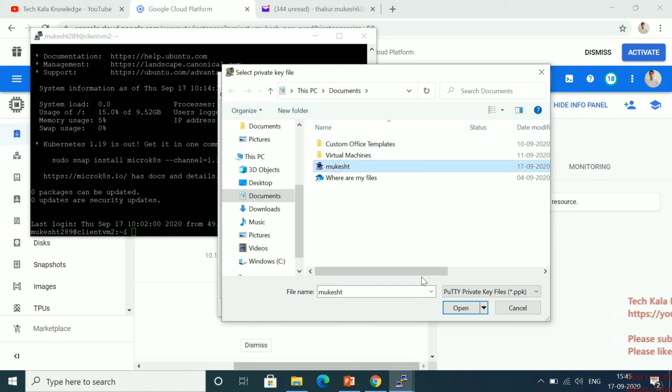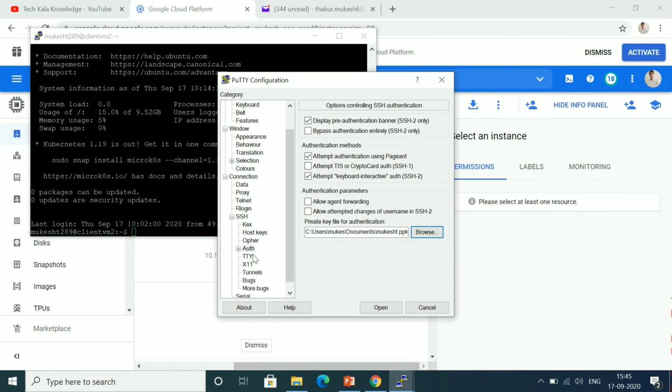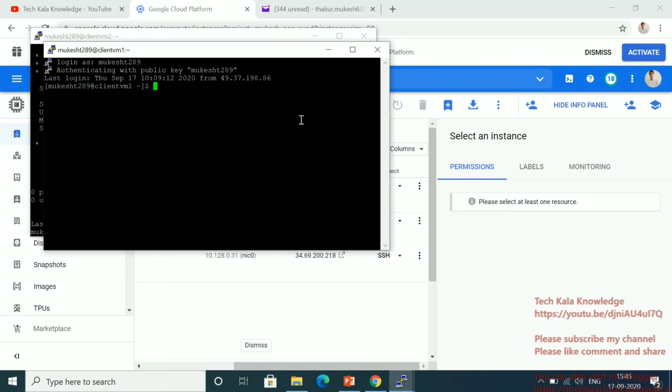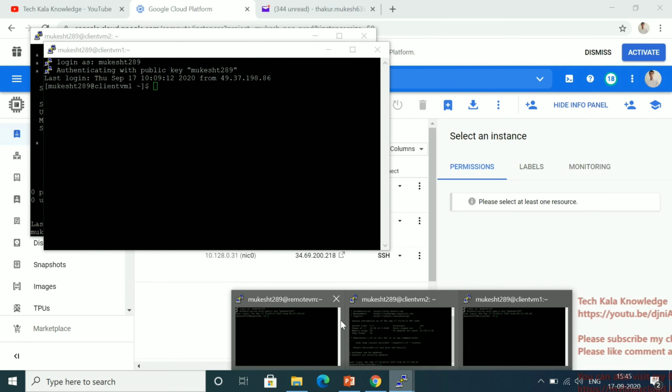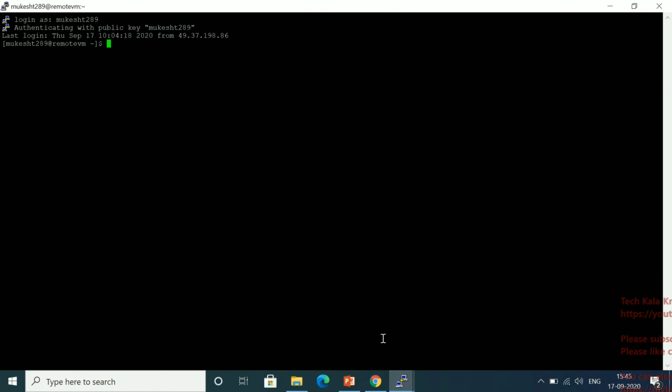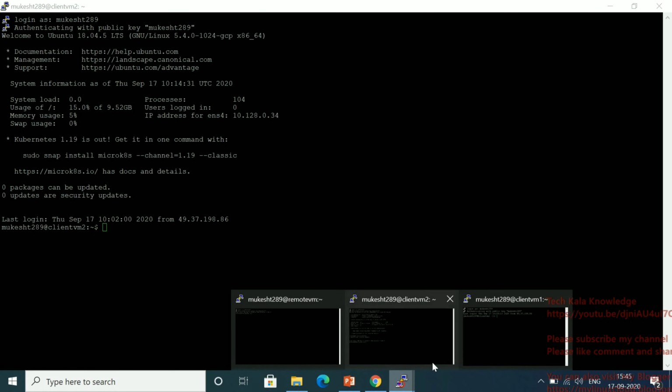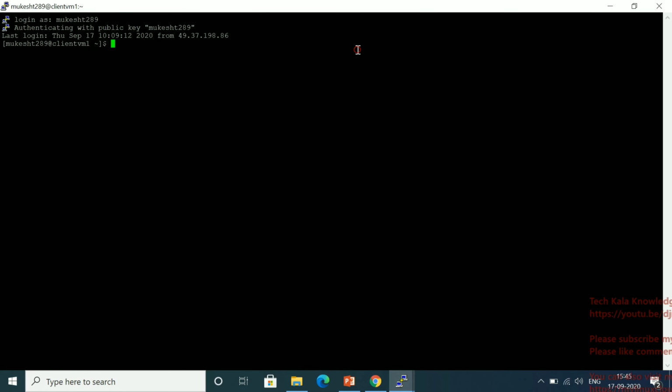This is my key file. I selected the option SSH, then auth, and then key file, because I'm logging into this instance through the key which I generated at build time. Now you can see all servers are logged in.